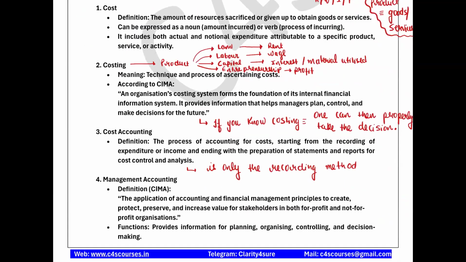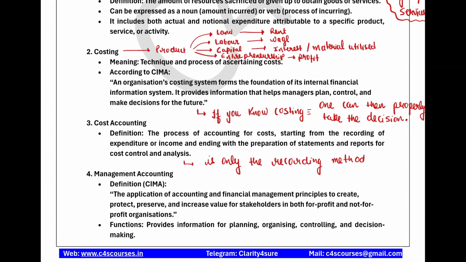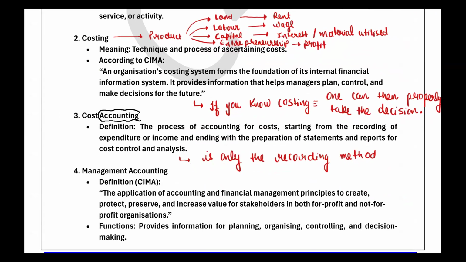Now we will talk about cost accounting. See, accounting is the process of recording. You will all study in the subject accounts what accounting means, accounting principles, objectives of accounting, everything. Basically accounting means that you will record any kind of data. So what kind of data will you record in costing? Anything related to cost: the things that you are spending on land, on labor, capital, entrepreneurship, or the materials you are using for your businesses.